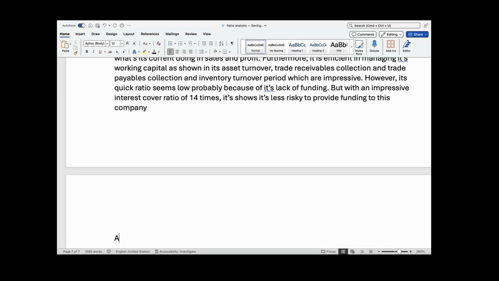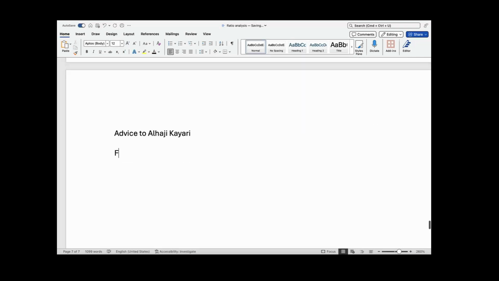Okay, so C, advice to Alhaji Kayari. From the analysis above, and speaking about its impressive profitability ratios, efficiency ratios, and solvency ratios,